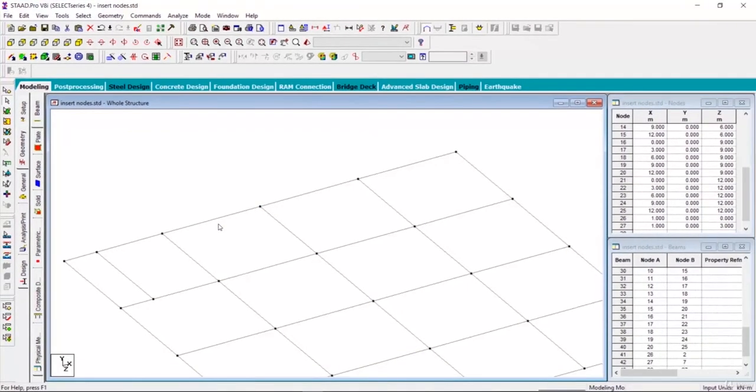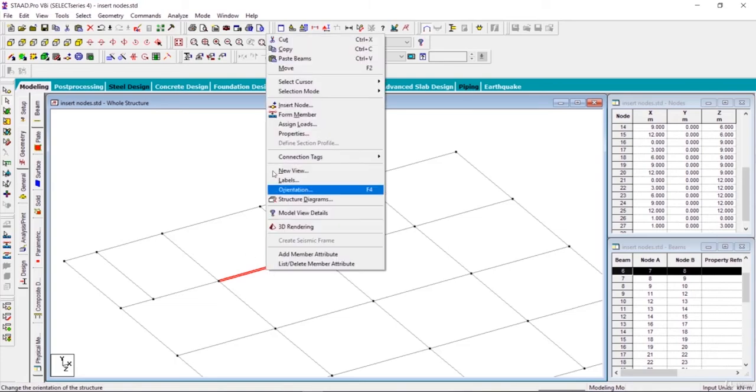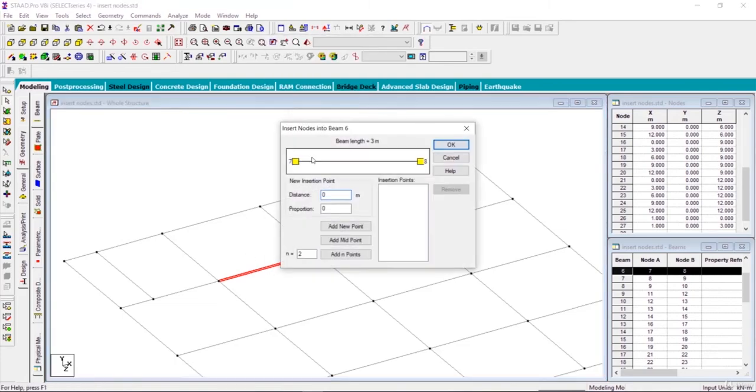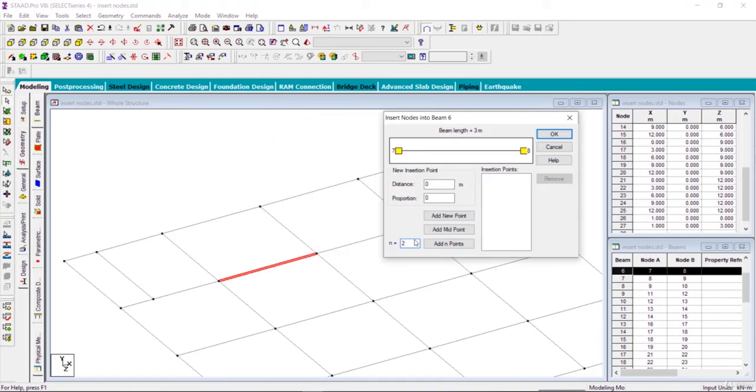Also, let us see other options of inserting the nodes, and left click on it. Suppose that you want to split this beam into 3 equal parts. So what do you do? Right click on it. After selecting the beam, right click on it, go to insert node, and here n is equal to 2 means it will add 2 points at equal distance.